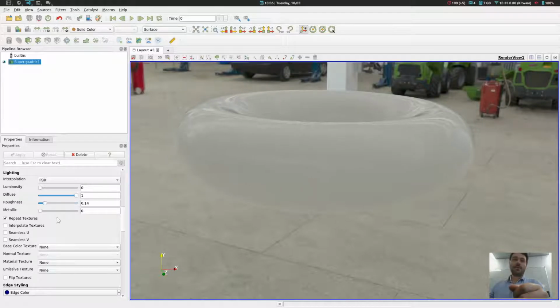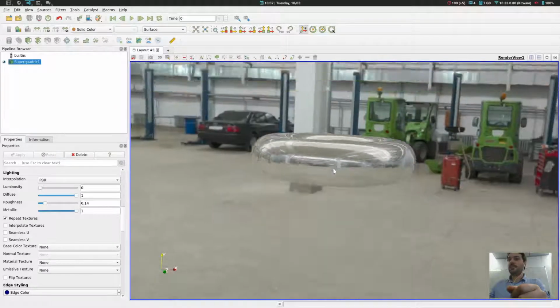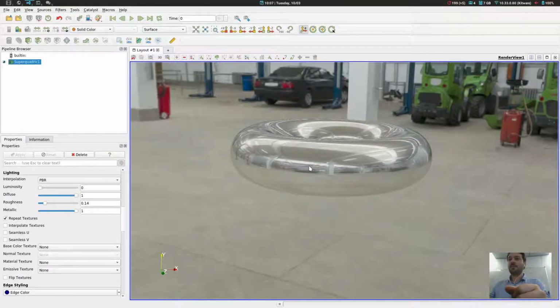One other thing that is really cool is the metallic property. So you can actually configure the value as any value between 0 and 1, but for a realistic material, you can definitely choose if the material is either a non-metallic material or a completely metallic material. As you can see, it's very easy now to configure the different kind of reflection if we have a smooth material or a metallic object.